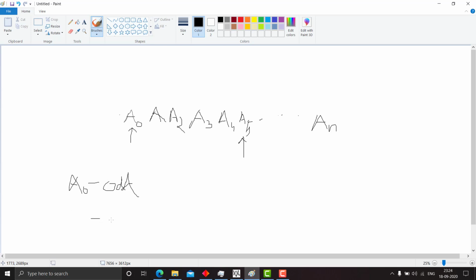And if A0 is even, then there should be an even number of even numbers. So we check the number of even numbers among A1, A2, A3 and A4. If the number of even numbers is even, then we consider this subarray. We take a variable max, initialize it to 0, and whenever this sum exceeds max, we change the value of max to the sum.